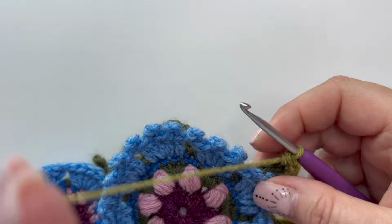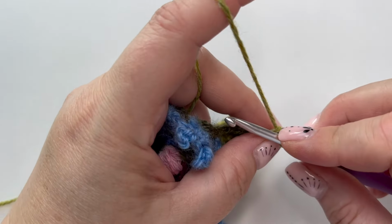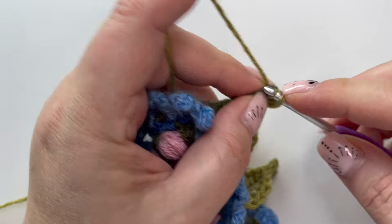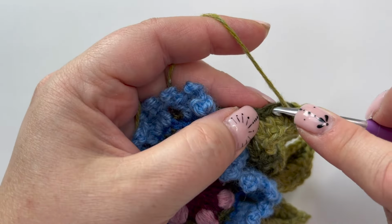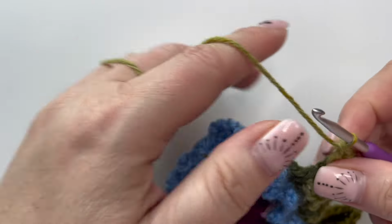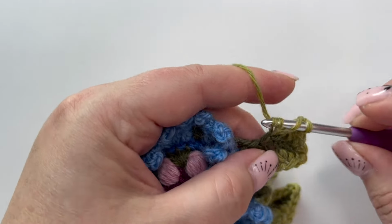Okay, so we're going to do 1 double crochet, 1 half, 1 treble, and then in this next stitch we're going to actually put 2 treble in there, and that is intentional. All right,